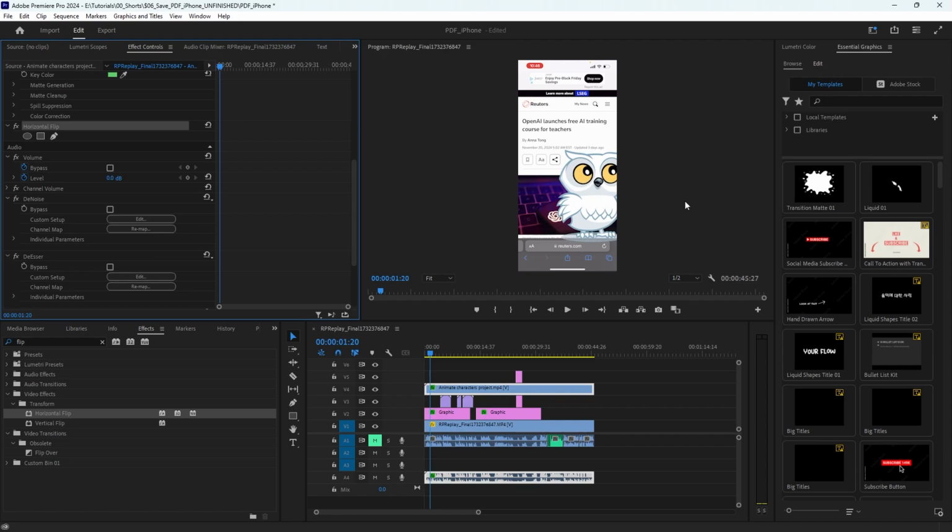And look, my bird has already flipped when I double clicked it. But if I wanted to deactivate that and see it how it originally was, I would just click the FX button and that will turn the effect off. That was the original, and then back on. There it is, flipped